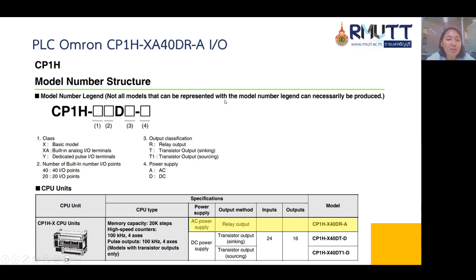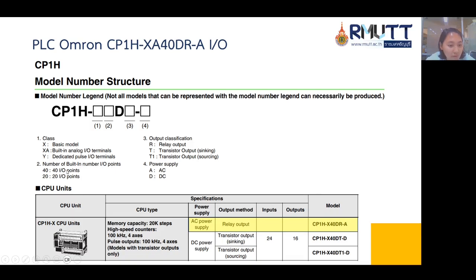And then for this PLC Omron, the type used is CP1H-XA40DR-A-IO. It means that XA is the class with built-in analog I/O terminal, and 40 is the number of built-in I/O points.